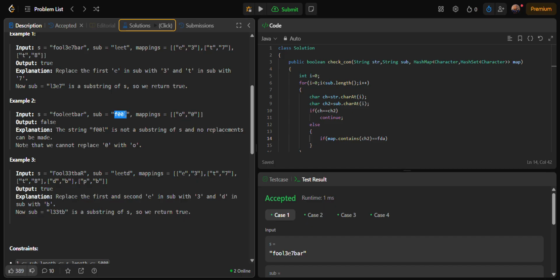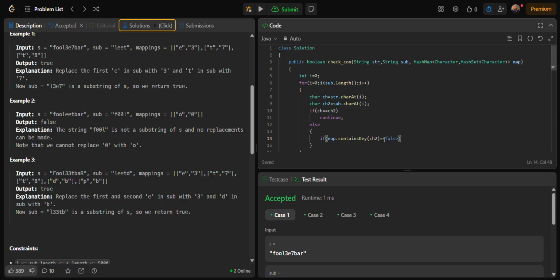Yes, over here, like 0, we don't have the map only. So if the map doesn't contain 0, if map dot contains key ch2 is false,